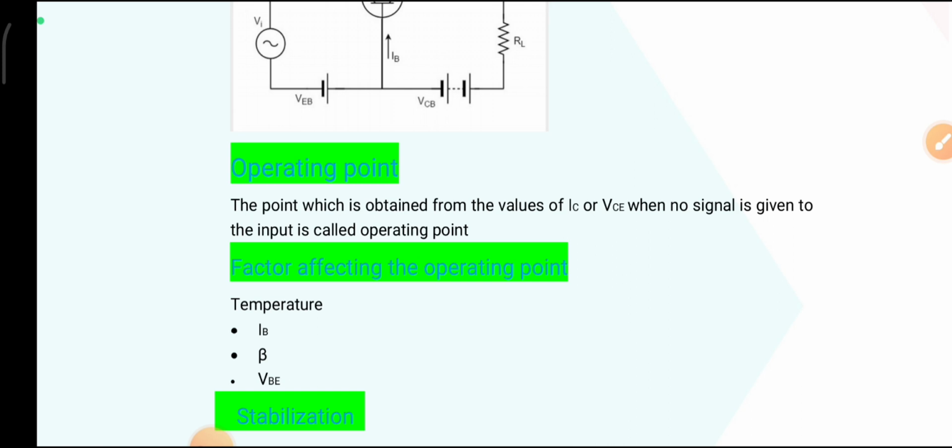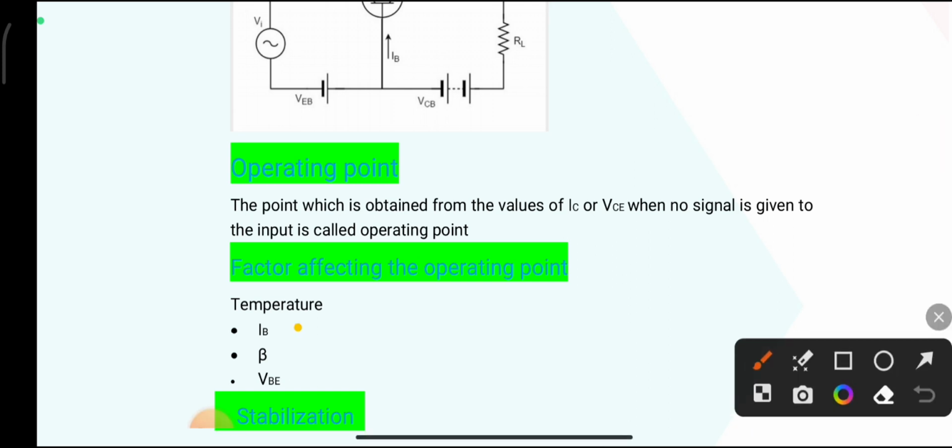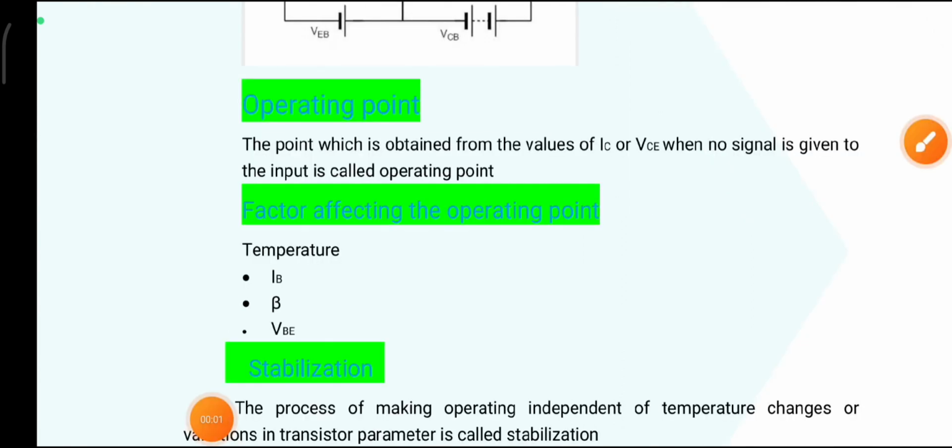Next, there are three important parameters that will be affected by temperature. The first one is IB. IB means base current. So when IB increases, IC also increases. So from the graph,